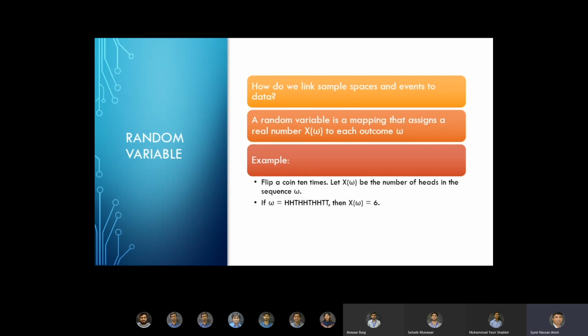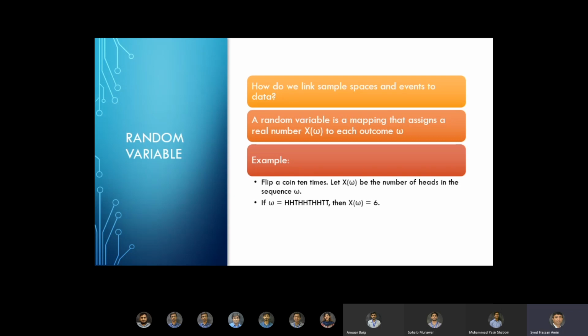So let's first look at the random variable. Primarily, the first thing that we are interested in is how do we link sample spaces and events to the data. We can collect some data, and that data is some part of the real world possibilities. In the real world, we might have billions and billions of transactions. Out of those, maybe we get 10,000 transactions, and how can we link them? That's what we are interested in. How can we link our sample space with the real world events? So to do that,